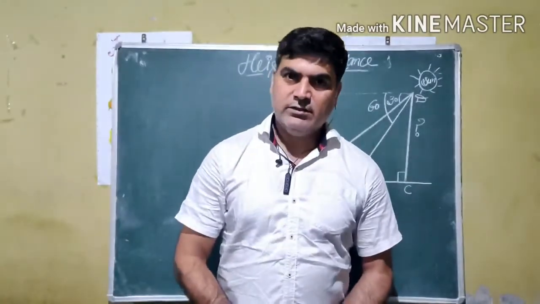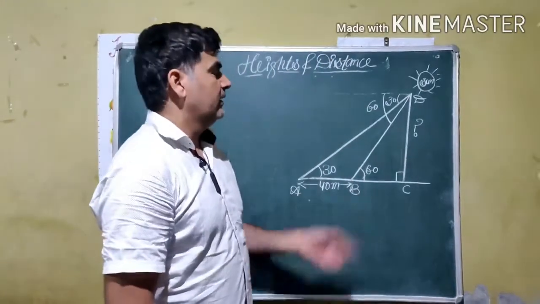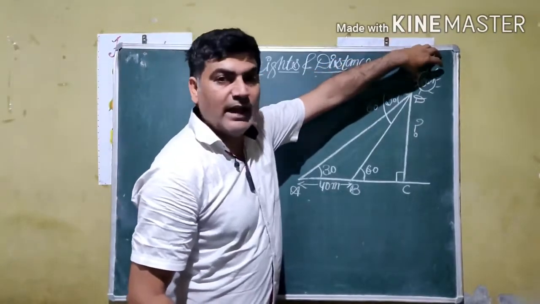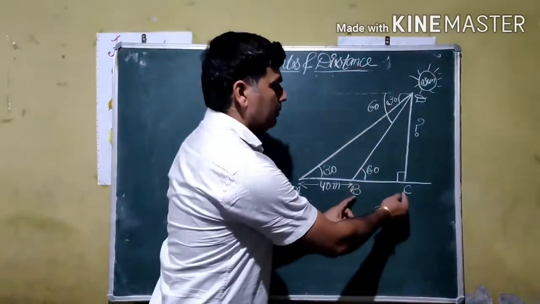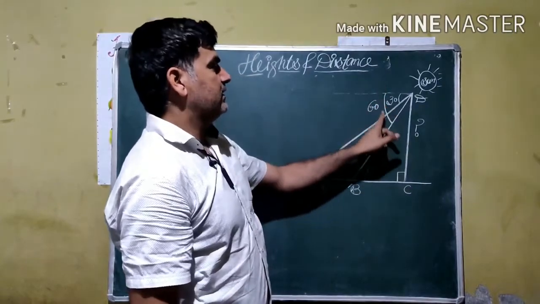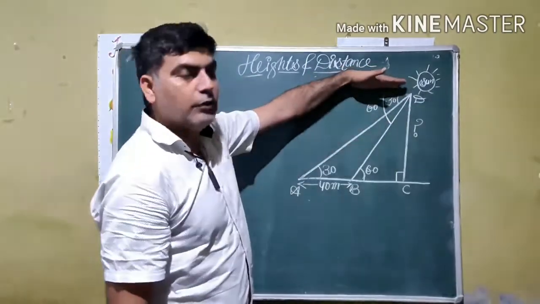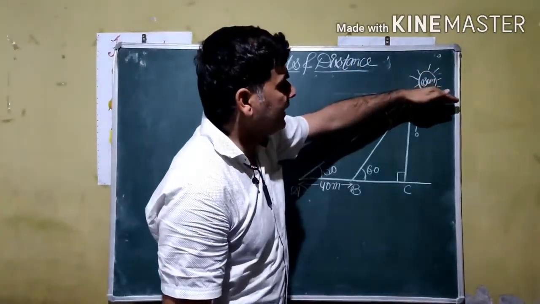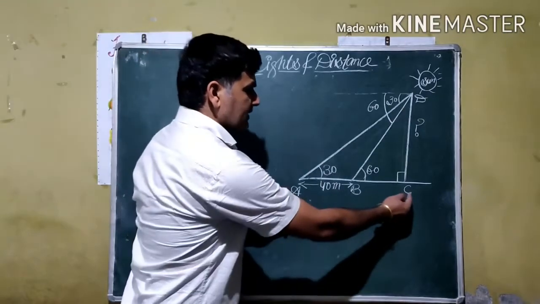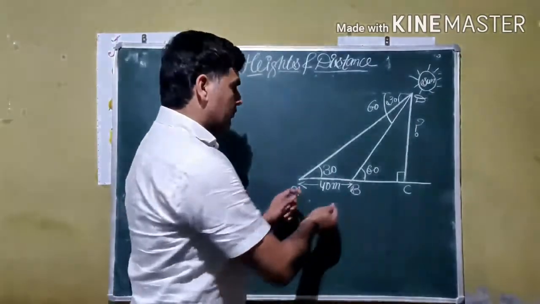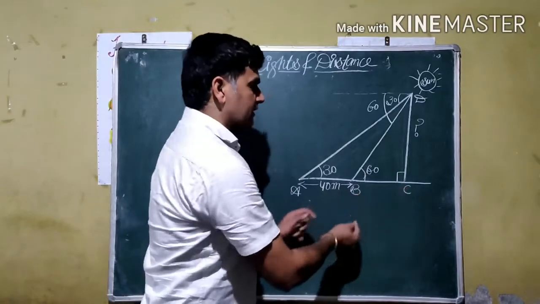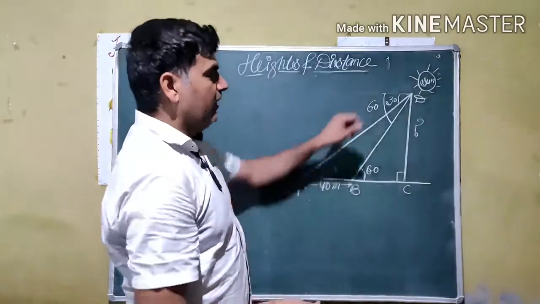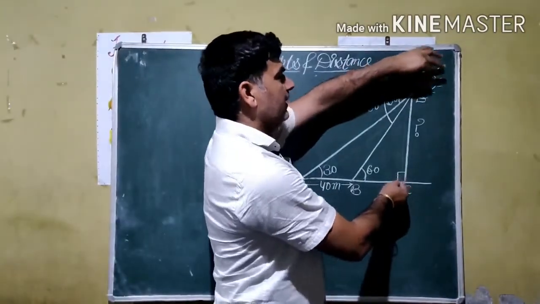Our next example is on the use of sunlight. There is a tower we have represented here as CD. When the sun glows behind it at a time, the shadow of the tower comes out as BC when the angle made with the upper horizontal line is 60 degrees. It is known as the sun's altitude. When the sun goes lower, the shadow becomes AC, which on comparing is found to be 40 meter longer than the previous one. This is the new length of shadow, this is the previous one. The difference between them is 40 meter. We have to find the height of the tower in that case.